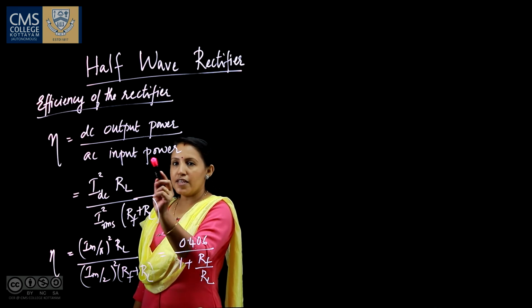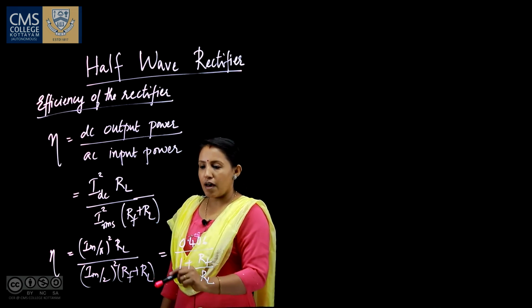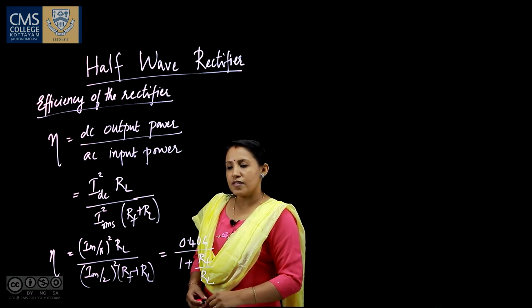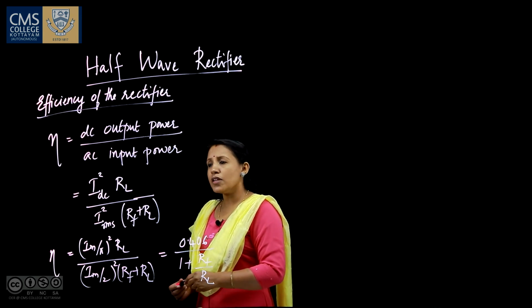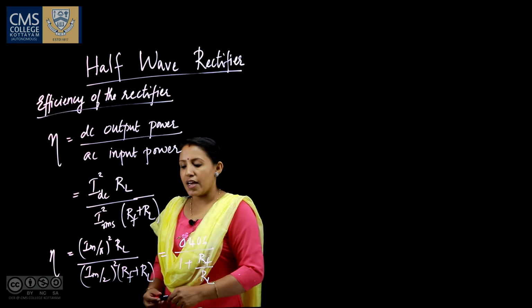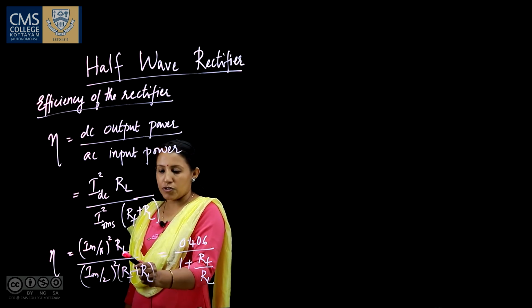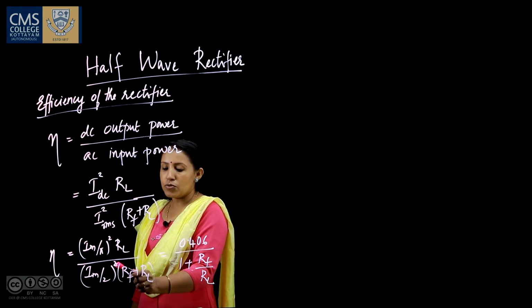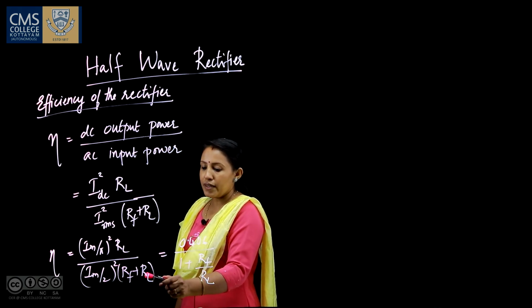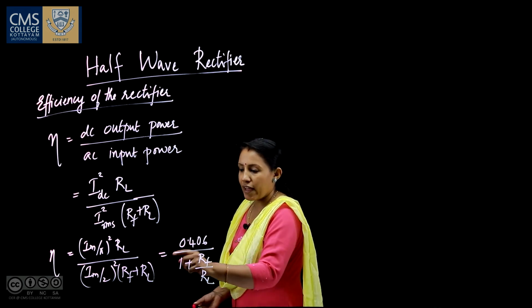So AC input power is I square RMS into RF plus RL, where RF is the forward resistance of the diode. Substituting the value of IDC, which is Im by pi, and the value of Irms, which is Im by 2, we get eta is equal to Im by pi the whole square into RL divided by Im by 2 the whole square into RF plus RL,